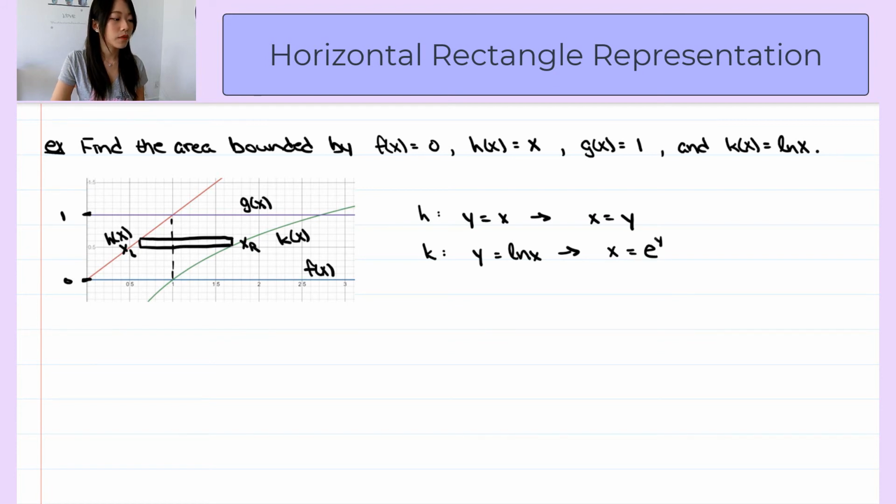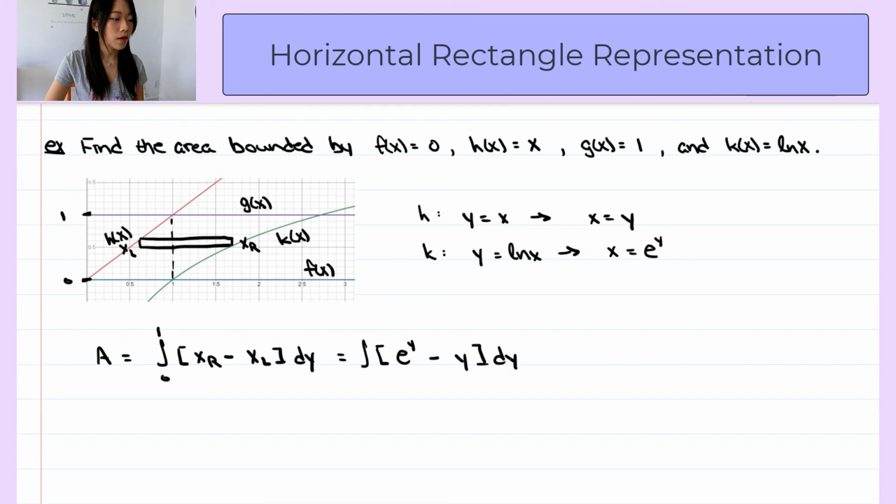Now let's set up the integral. The total area equals the integral of xr minus xl dy evaluated from 0 to 1. XR is the inverse function of k of x, which is e to the power of y, minus XL, which is the inverse function of h of x, which is y, evaluated from 0 to 1,